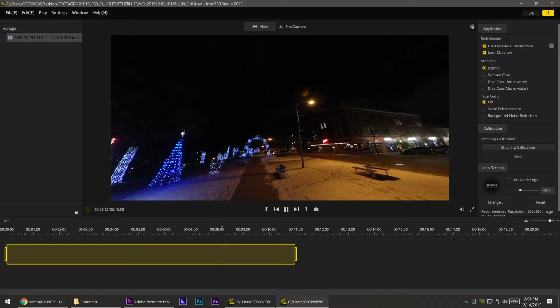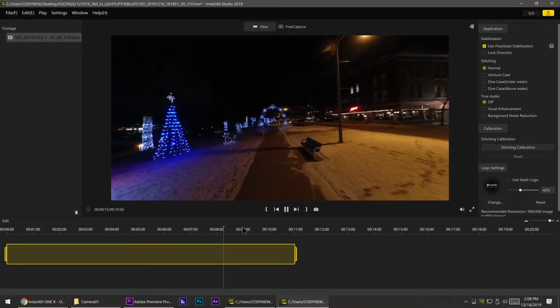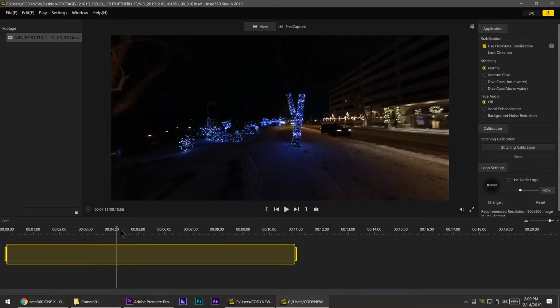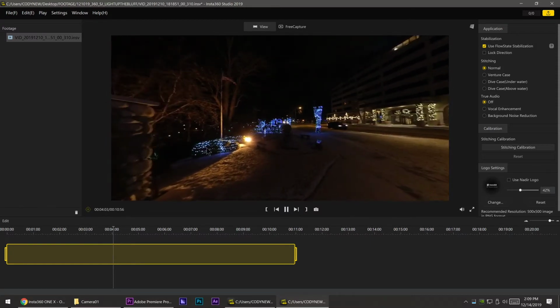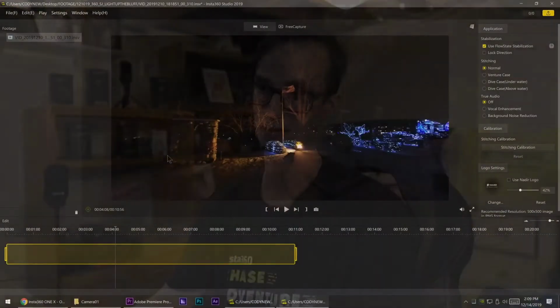The lock direction, what it does is, if I leave it unchecked, I'm kind of walking in a straight line. So let's move to a part where, you know, I kind of move a little bit. Pretty much, if you're moving the camera a lot, say you have it mounted to a bike or something, flow state stabilization is going to keep it, lock direction is going to keep it focused straight where the camera is pointed front. That way you can just focus on the one lens and have it stationary in that at most times,